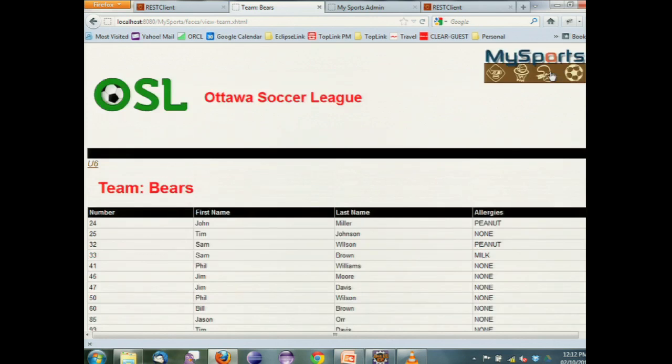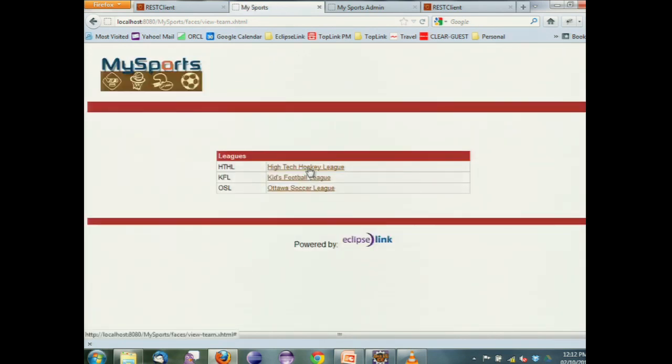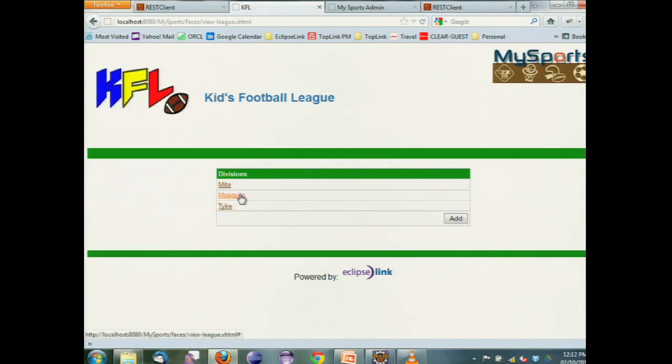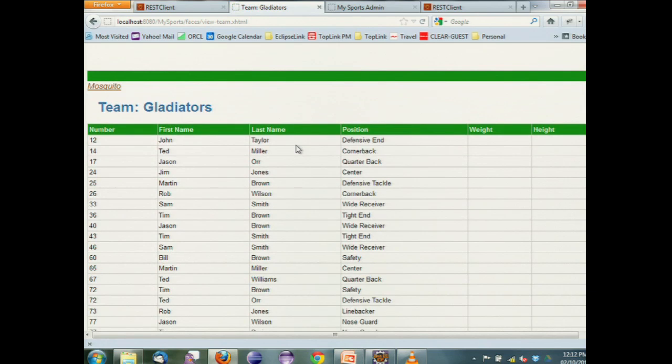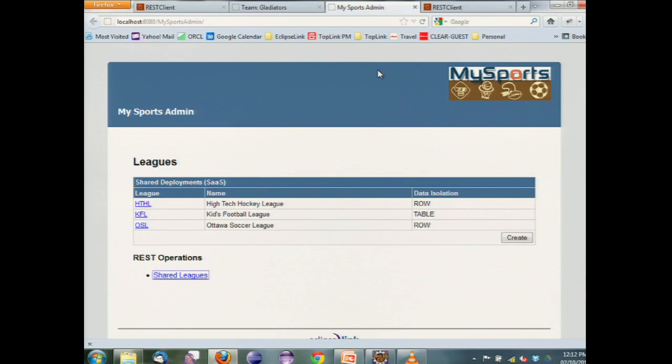If I go back up to the front, now I go into my, I believe this one, my kids' football league. So now I have the first name, last name, the position, their weight, and height. So what I've done here is I've actually taken the player class and made it extensible, which in itself isn't all that magical. But over in my admin app, so I have two running apps here in my Glassfish instance. In my admin app, I can actually customize and provision new tenants, and they become instantly available in my sports portal. So if I go in here to the soccer league,